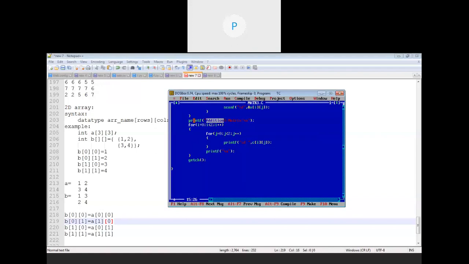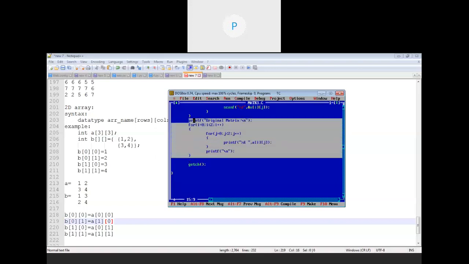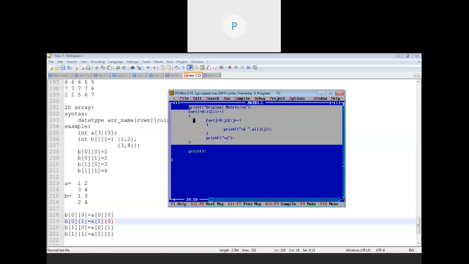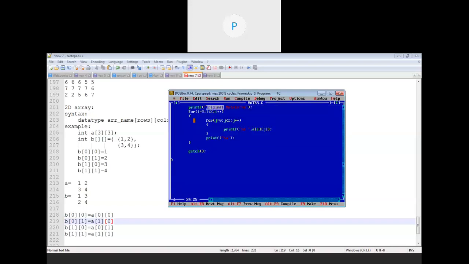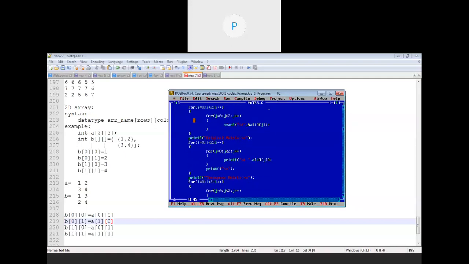Then, first of all, we will display the original matrix, or matrix A. So here I'm displaying the matrix A. And then for displaying the transpose of a given matrix, you just have to write "transpose matrix is %d", A of j i instead of i j, because we just have to change the sequence for row and column. Done. Only this much code we have to write.